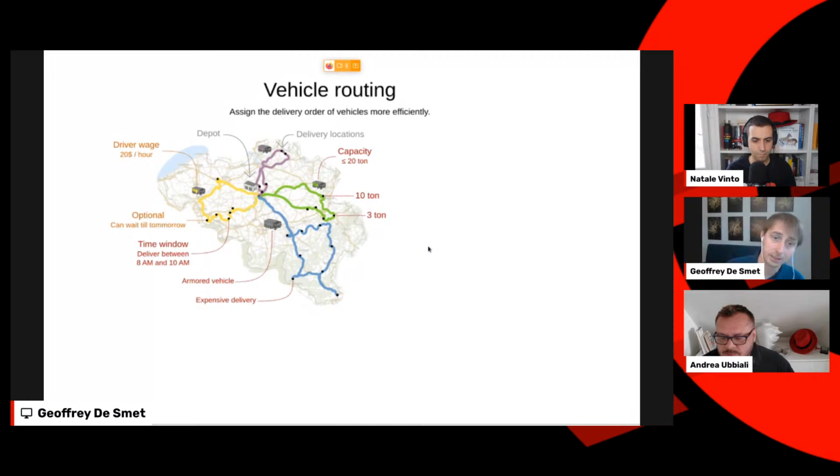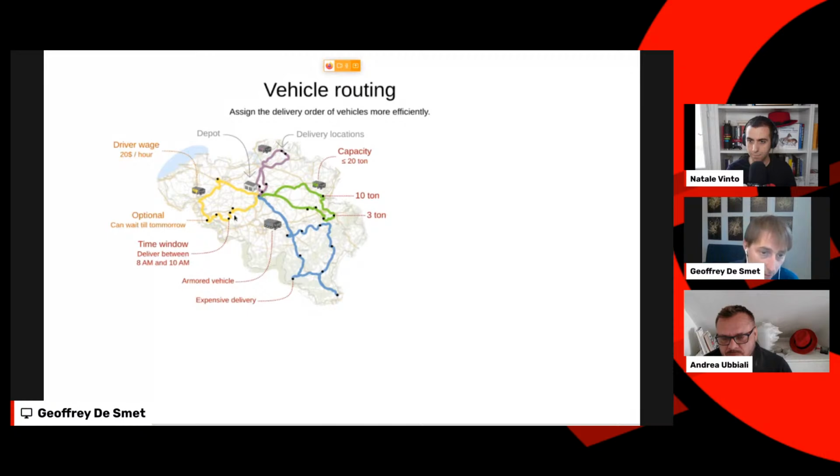Or maybe it's not actually delivering items. Maybe it's, for example, installing cable in people's houses, technicians who are driving around the country. And in those cases, it's the amount of time they can drive around that is limited. They have to finish their job within 8 hours, and they might spend 2 hours here, 5 hours there, right? And then, of course, there's the driving time you have to take into account too.